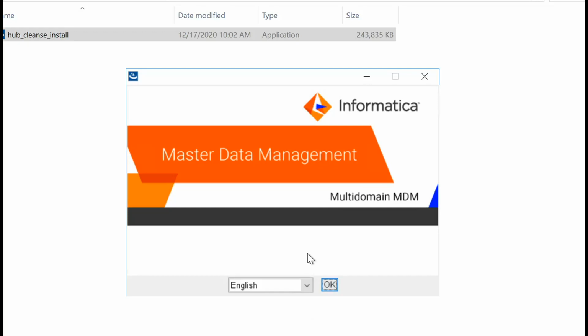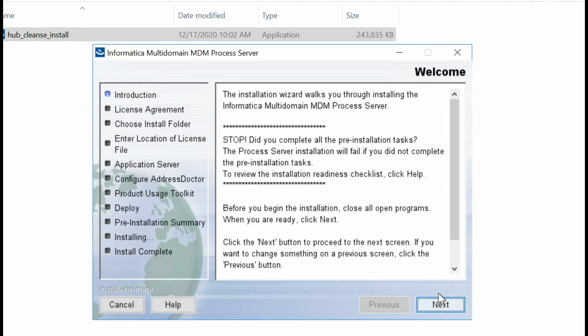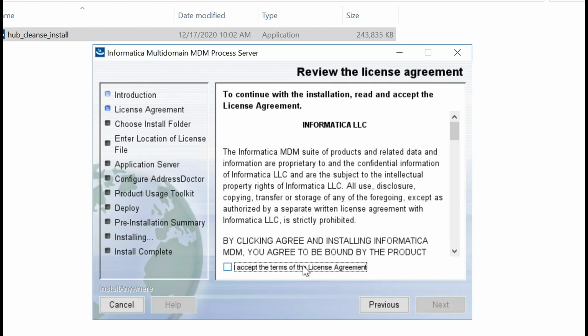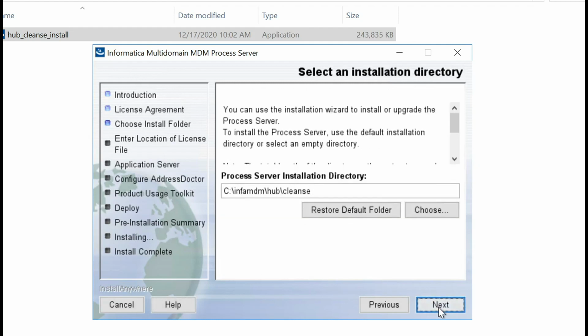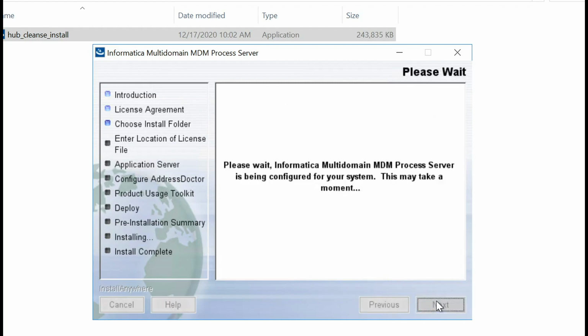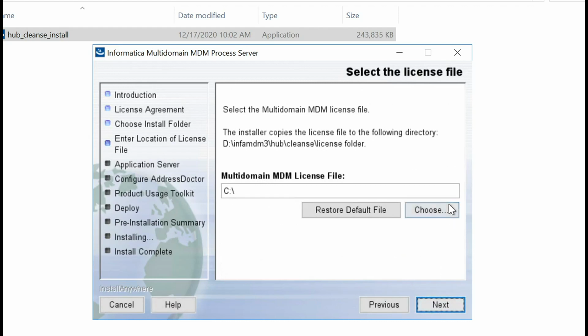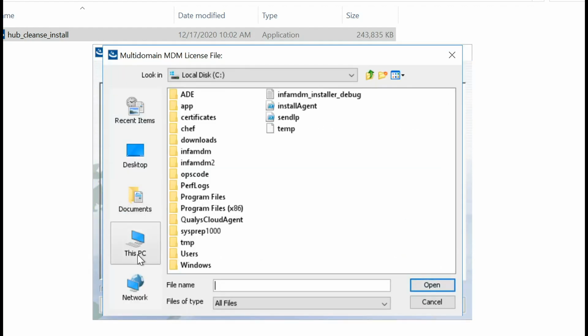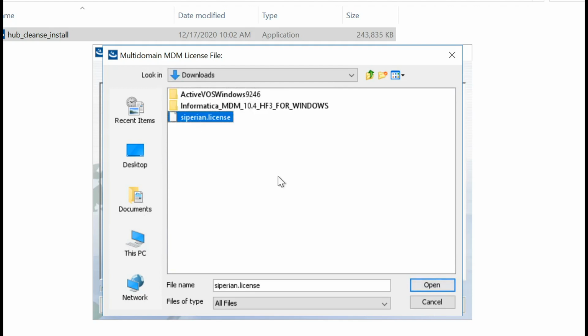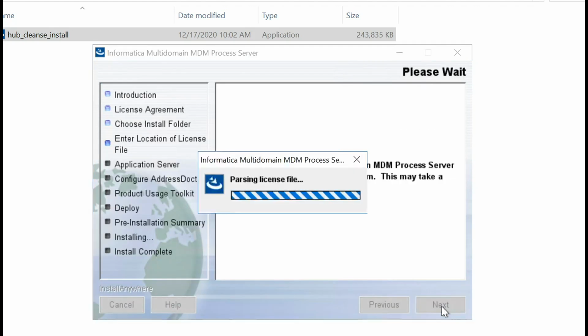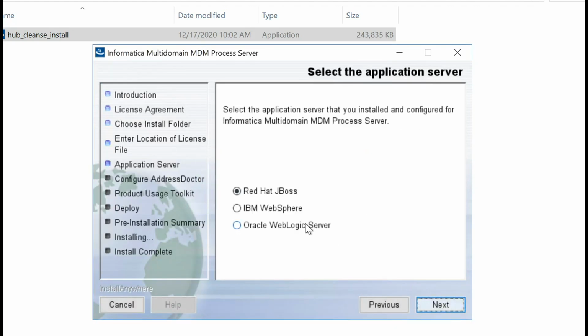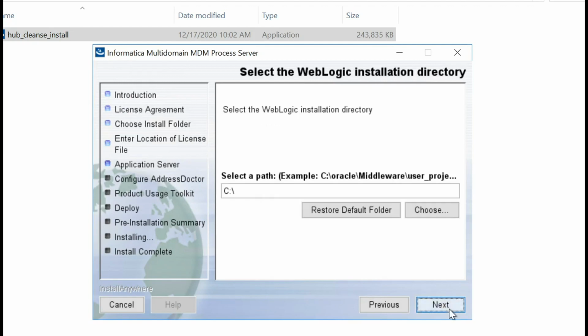Now we will proceed with the client server installation. We will accept the license agreement. We'll provide the client server installation directory. We'll provide the Informatica license file. We will choose the application server as Oracle WebLogic.